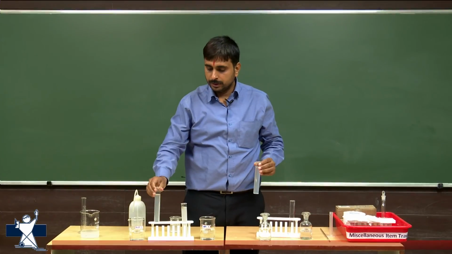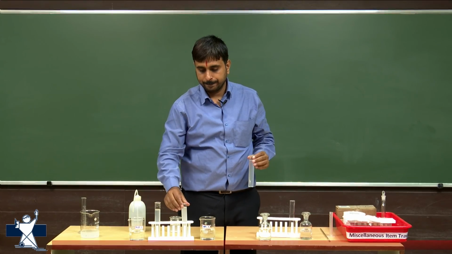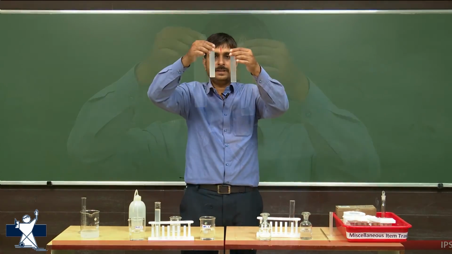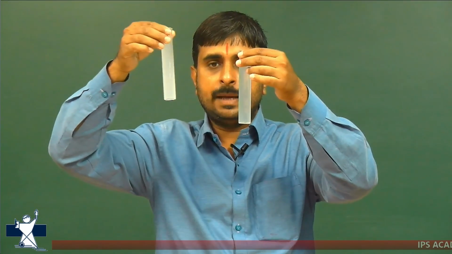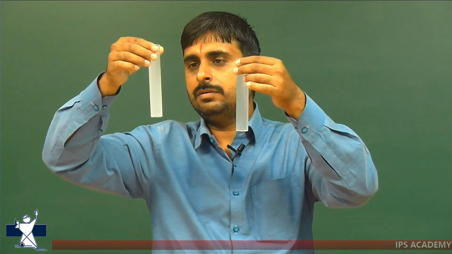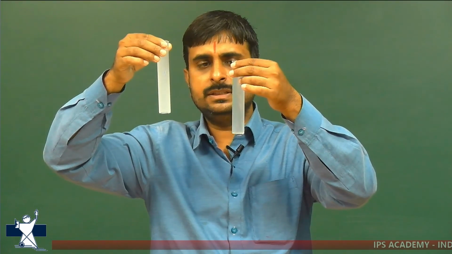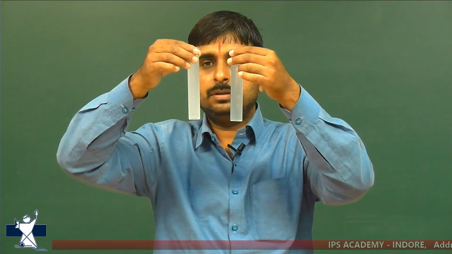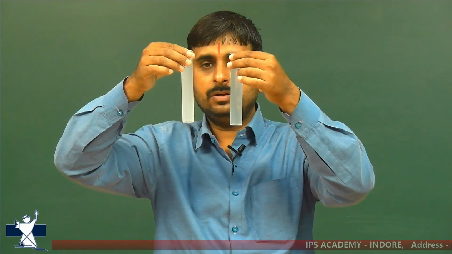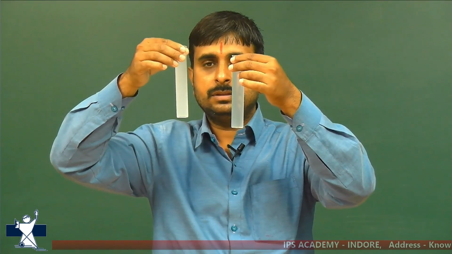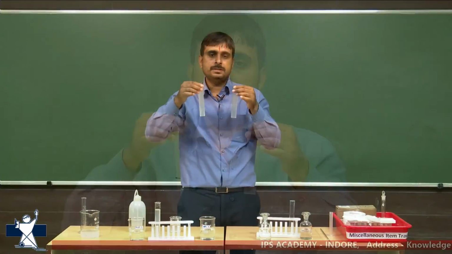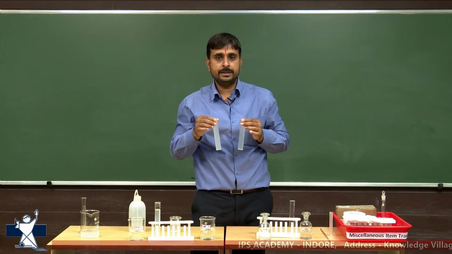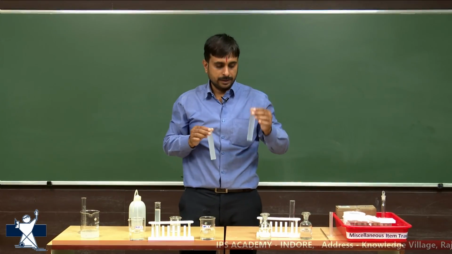Now, we will move to sample B. We are observing the difference. This is sample B and it has a very high amount of turbidity and opalescence as compared to the standard. So, the opalescence is higher or stronger in sample B. So, we can say sample B fails the limit test as compared to the standard sample.